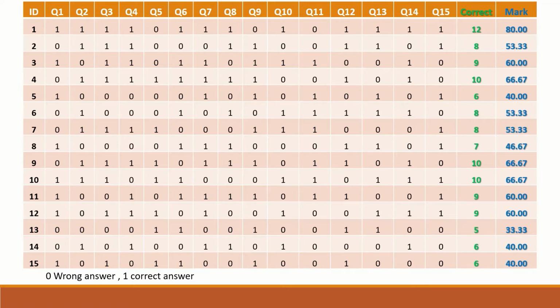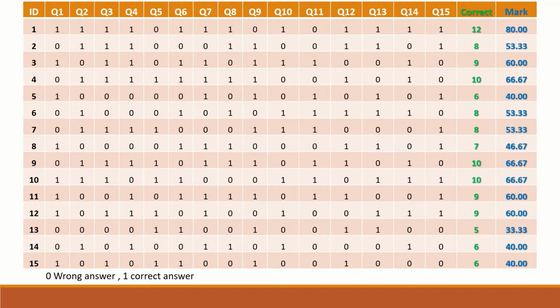To perform the statistical test and calculate the coefficient, we first have to calculate the correct answers that each individual student has achieved, and then add all the question scores for each student together, divide them by the total number of questions, in this case 15, and then multiply by 100 to generate the total mark, or the percentage of the total mark, as it is given here in the blue marked values in the column